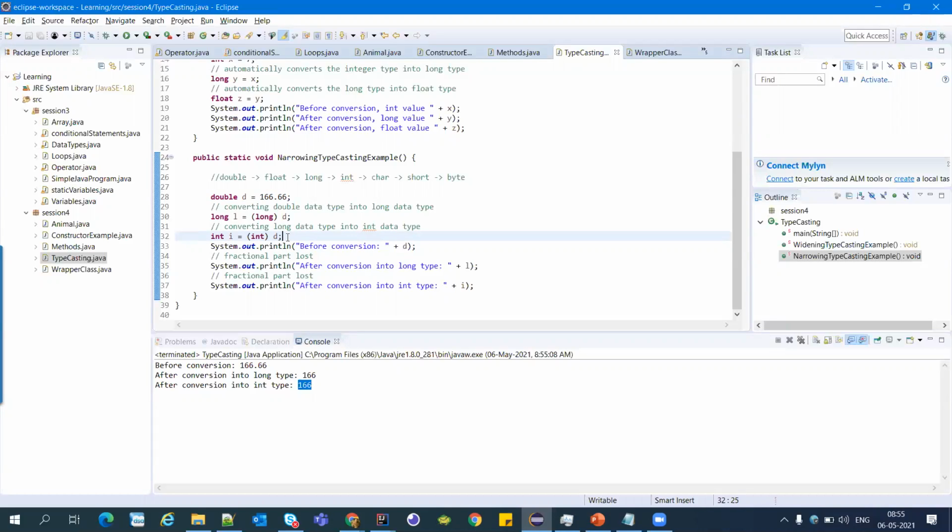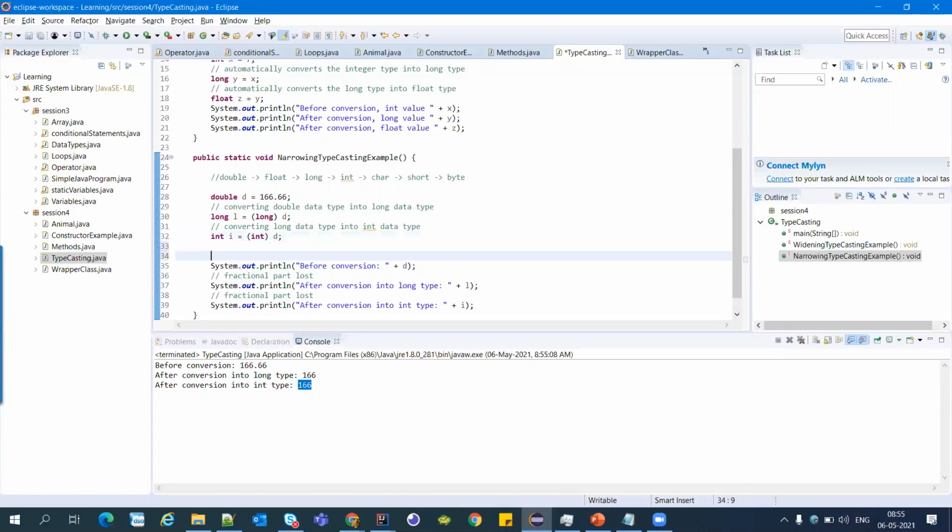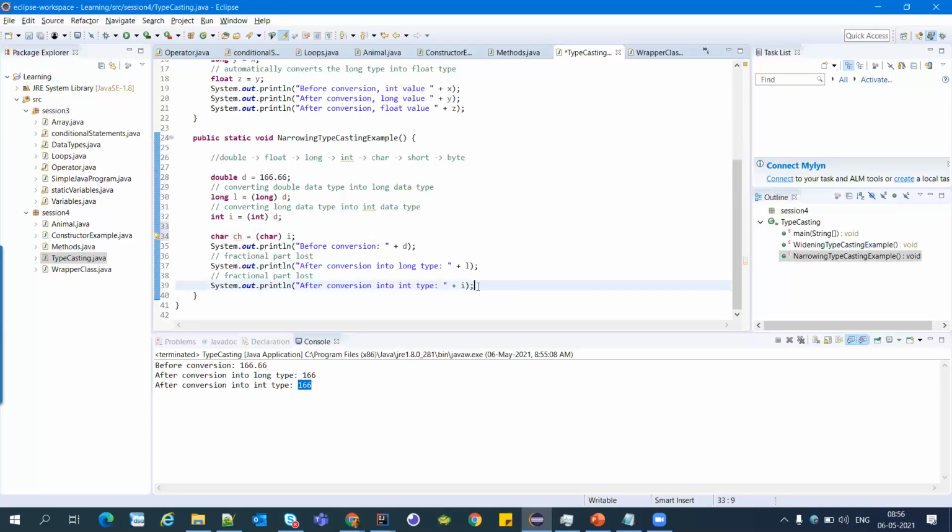So we'll try for character here. We'll convert this into char.